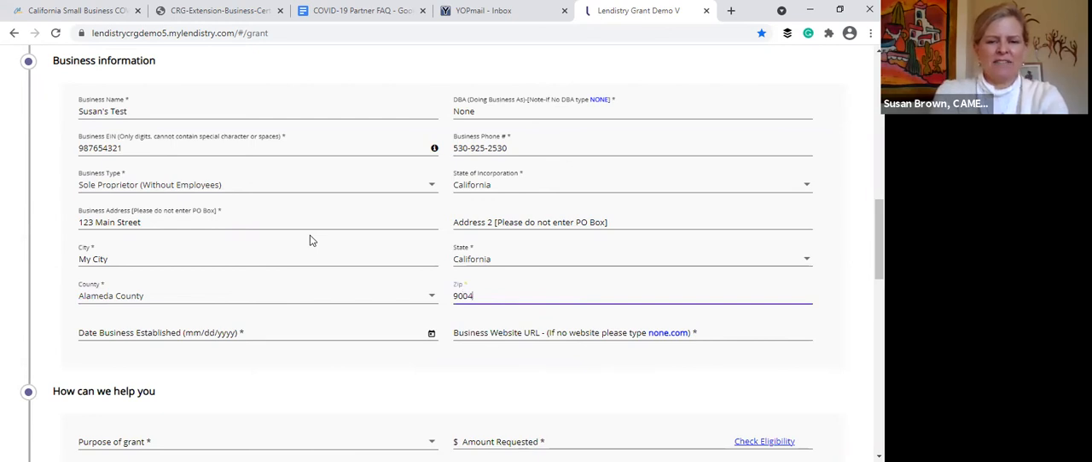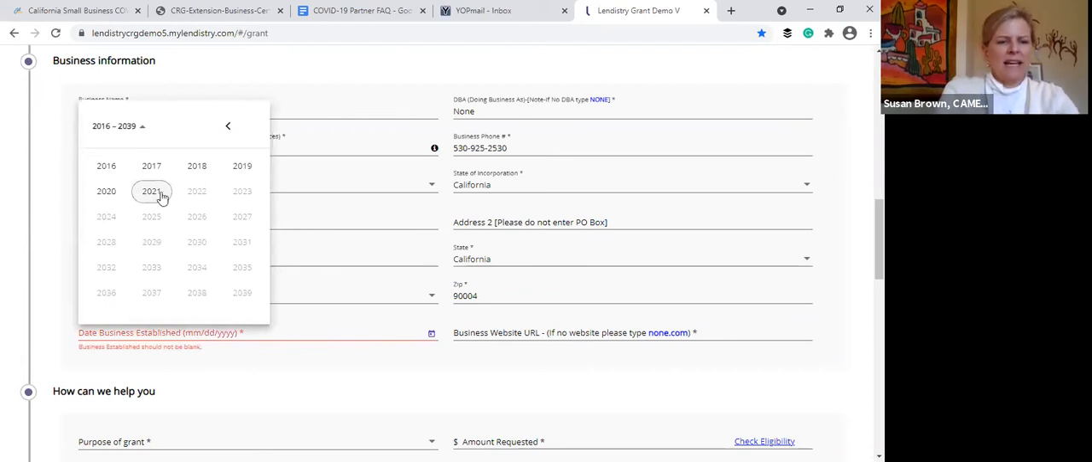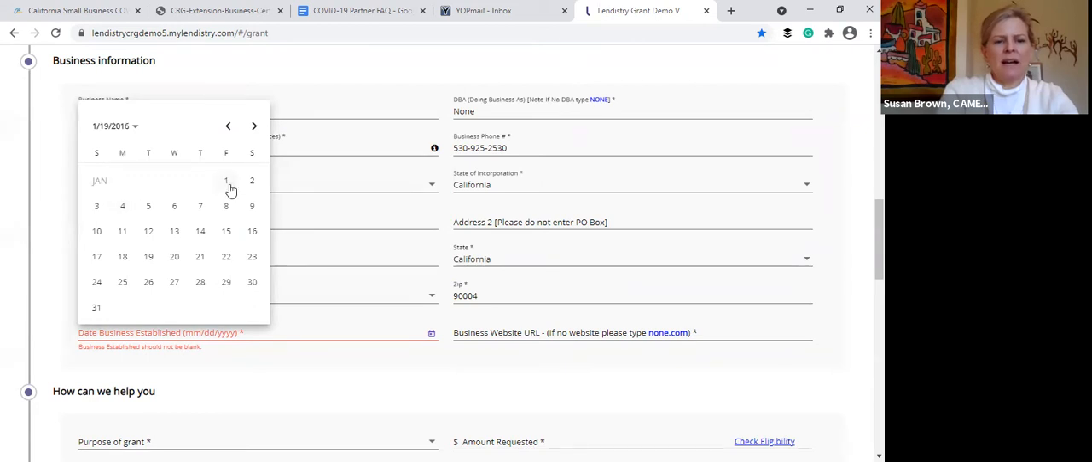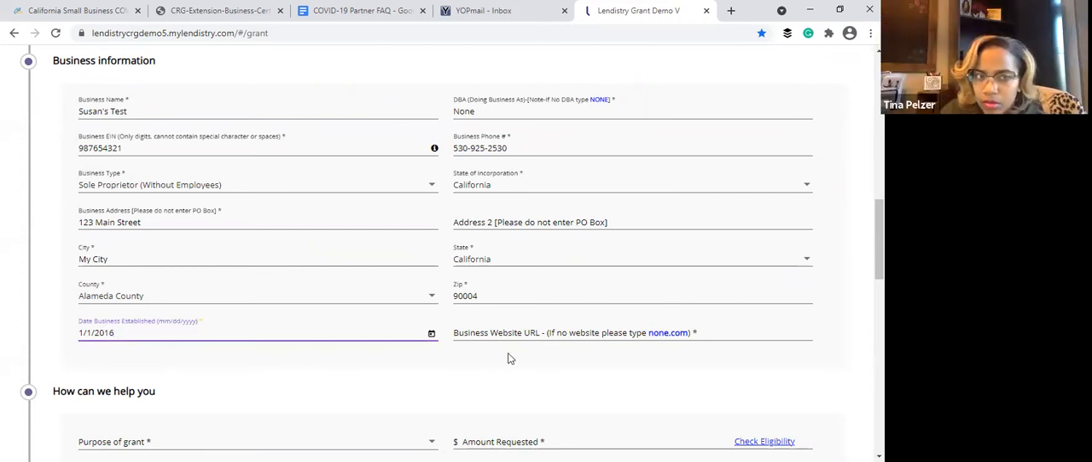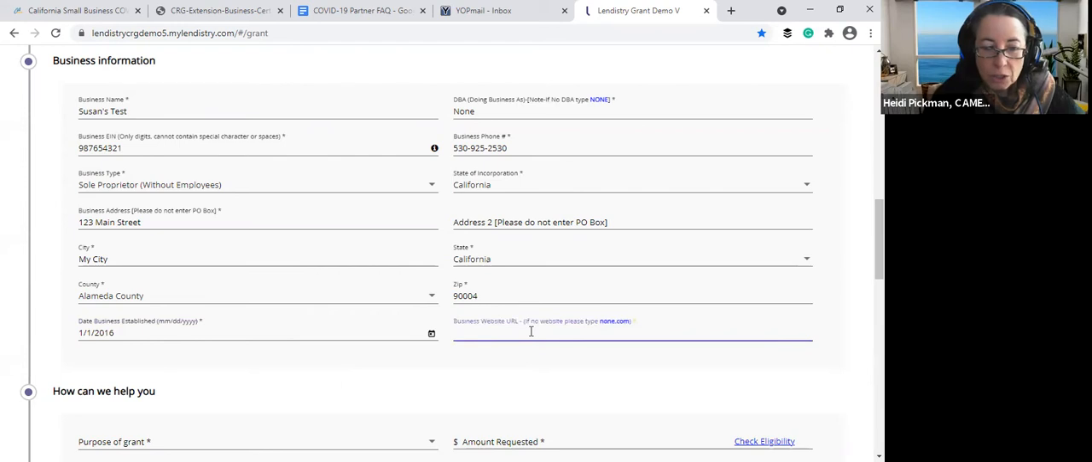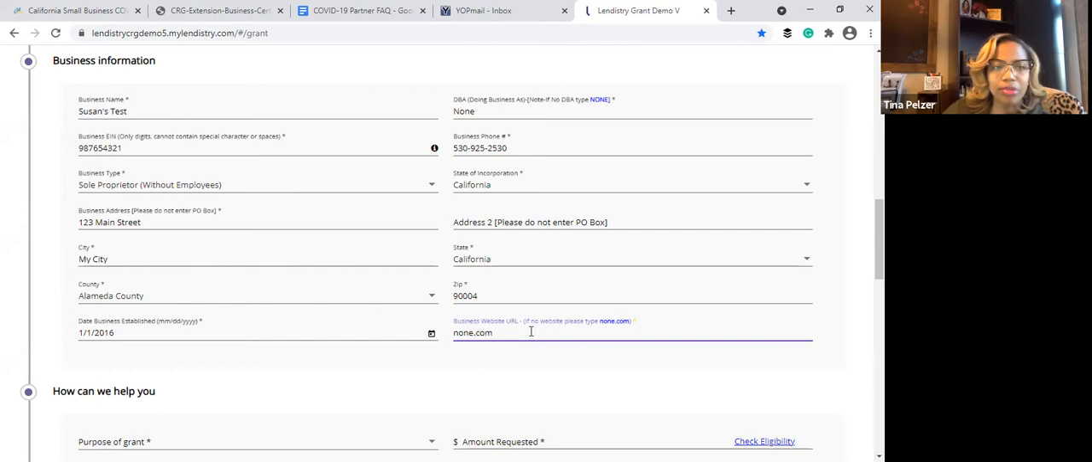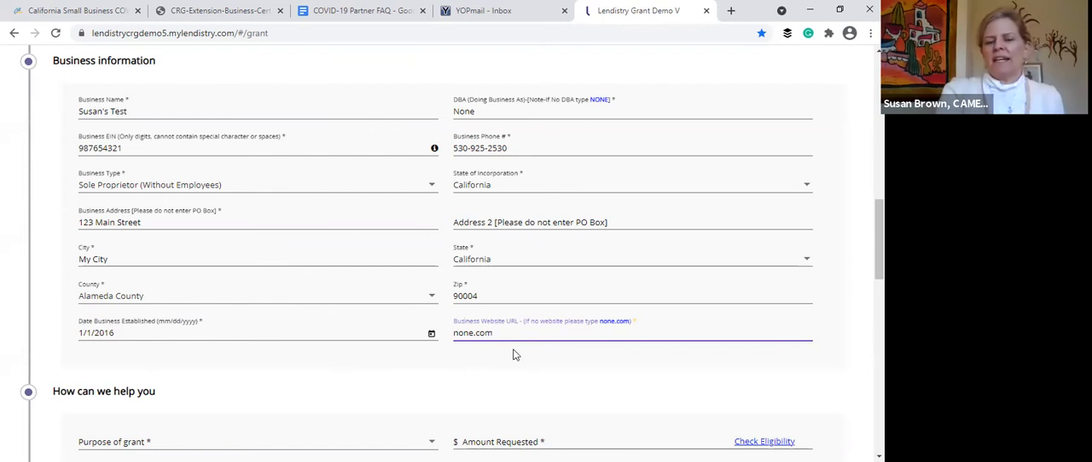I'm just making up stuff here that might not actually be reality. So, date business established. What is that? What's the minimum date? It had to be ongoing, what, June 2019? June 2019 for the business date. Yeah, they have to be in business by then. Right. And then they can put their business website here, and if not, they really need to write none.com